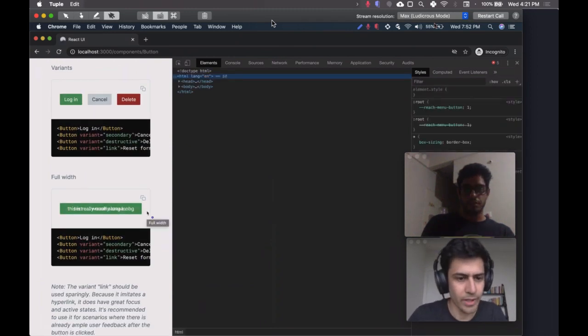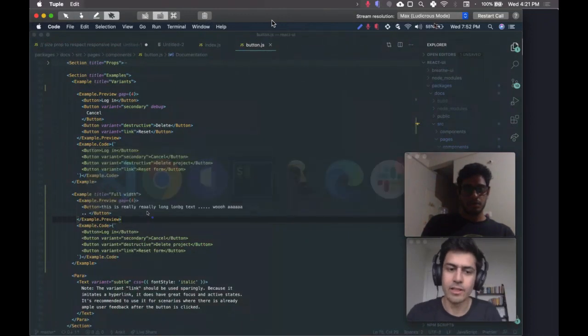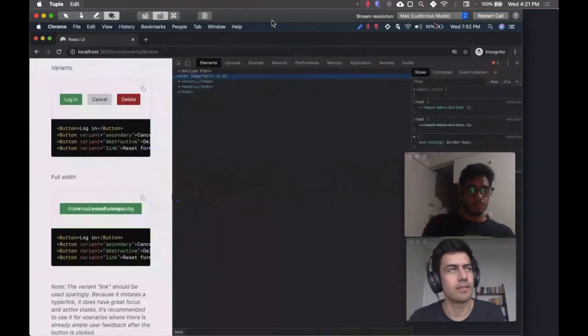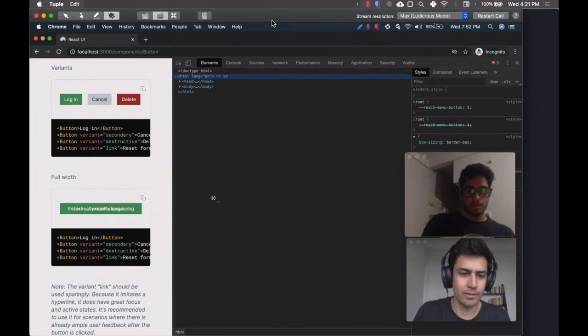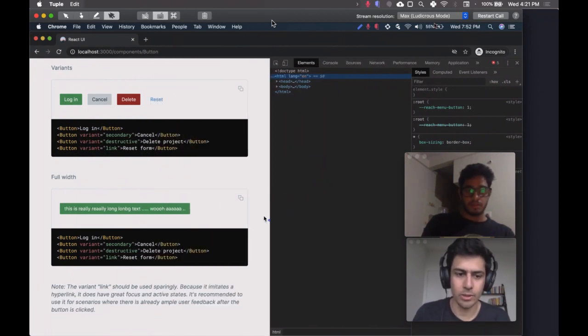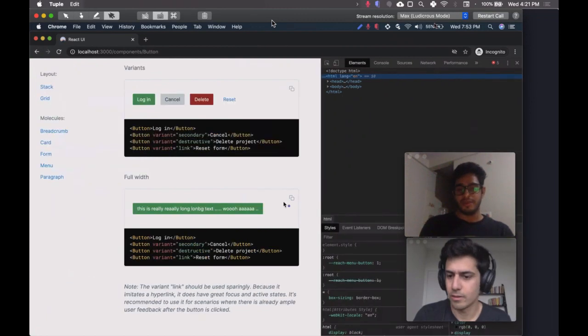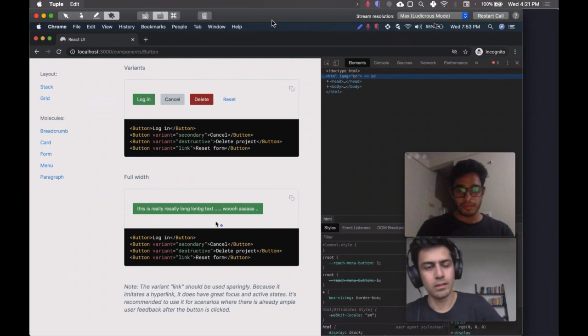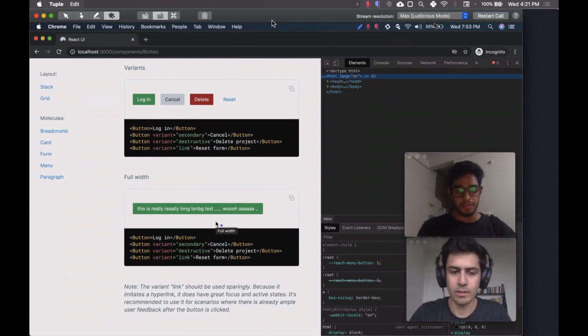Yeah, so it breaks either way. Interesting. I think a good fix for this would be to wrap it in the text component. No, it's not... removed. Okay, yeah, but the text is taking long space, so that's why the large button is large. So if you go to the text component,